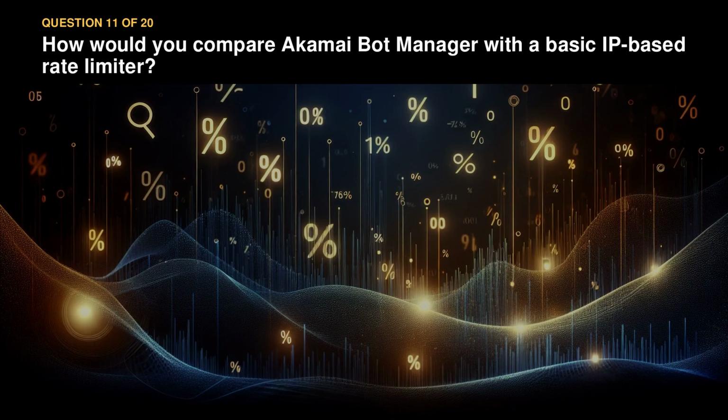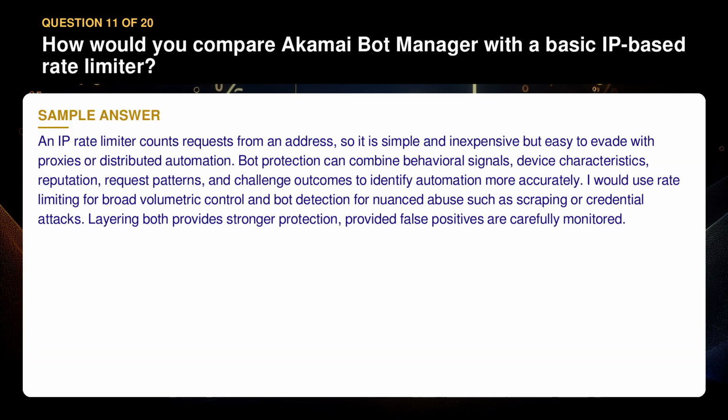Question 11. How would you compare Akamai Bot Manager with a basic IP-based rate limiter? An IP rate limiter counts requests from an address, so it is simple and inexpensive but easy to evade with proxies or distributed automation. Bot protection can combine behavioral signals, device characteristics, reputation, request patterns, and challenge outcomes to identify